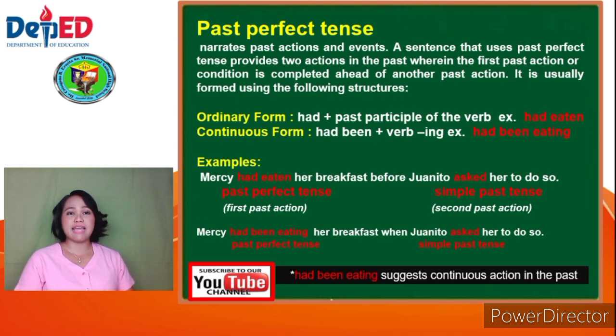Past perfect tense narrates past actions and events. A sentence that uses past perfect tense provides two actions in the past wherein the first past action or condition is completed ahead of another past action. It is usually formed using the following structures. We have here the ordinary form, had, plus past participle of the verb, like for example, had eaten. We have here continuous form, had been,